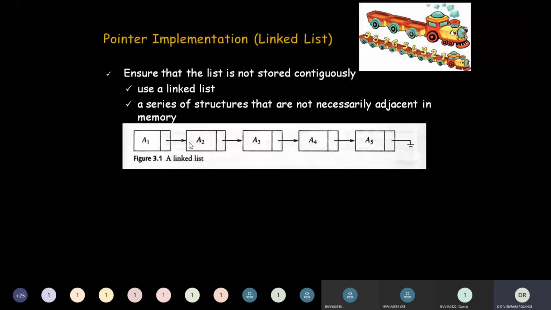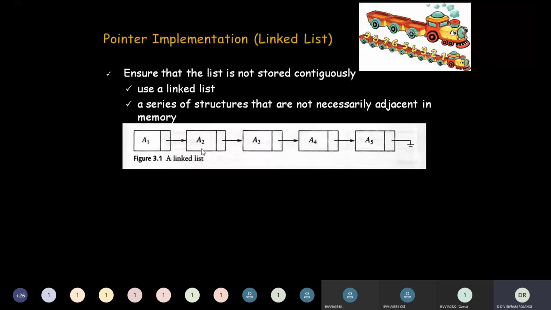Here a node is nothing but a structure consisting of two members. The first member is a data member, and the second member is a link member, linked to a similar kind of structure. Self-referential structures, right?